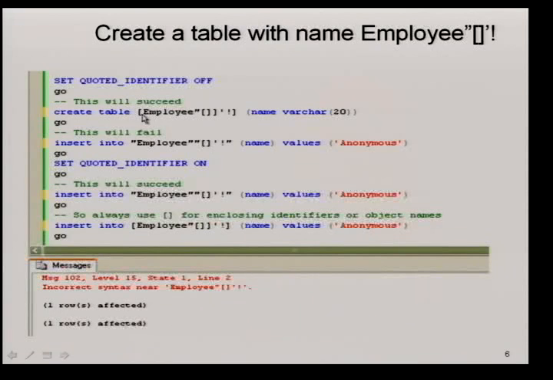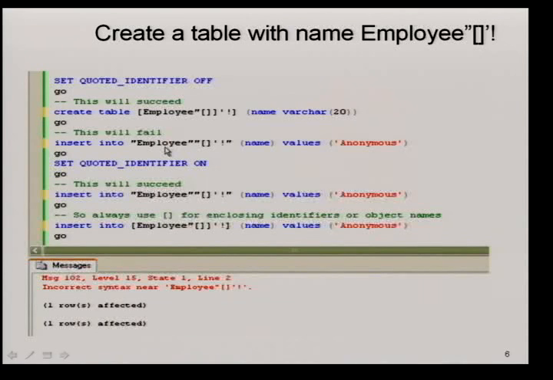Okay, here's the example. If you look here, I'm trying to create a table with the name employee with some special characters. You see here I have double quotes, left square bracket, right square bracket, single quote, and exclamation mark. But here in this statement, I'm using square brackets as the delimiters. When I'm using square brackets as the delimiters, I'm only doubling up the right square bracket. I'm not touching anything with the other ones. So when SQL Server looks at this statement, it knows that this is the beginning of the SQL object name and this is the end. Whenever it sees two consecutive right square brackets, it treats it as part of the SQL object name. So when the quoted identifier setting is off, this statement is going to work.